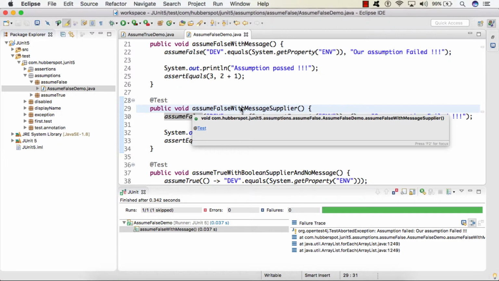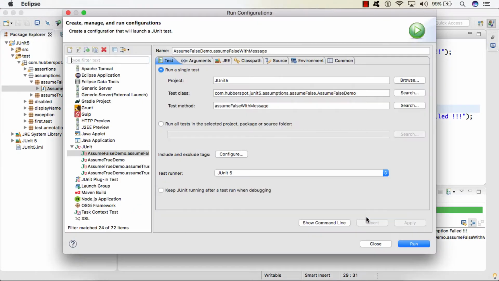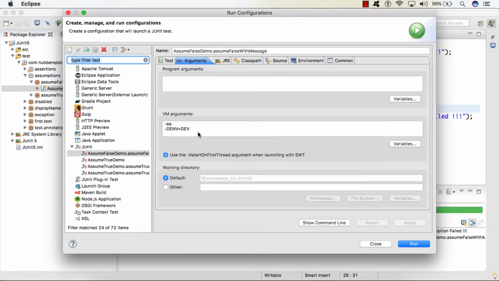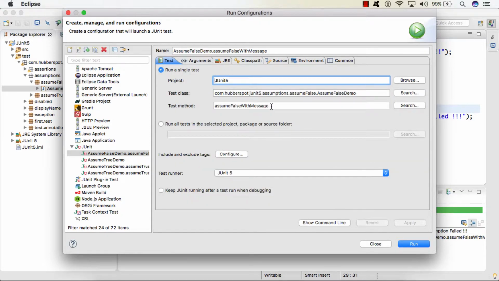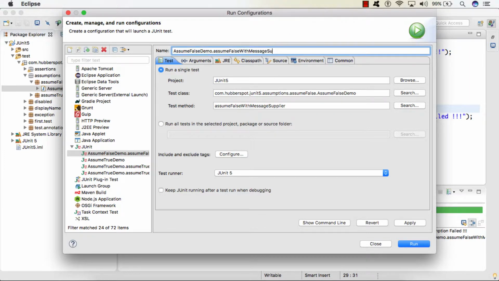So if I run this test case, by providing an environment property as dev, so here I am giving the test method to be assumeFalse with message supplier.